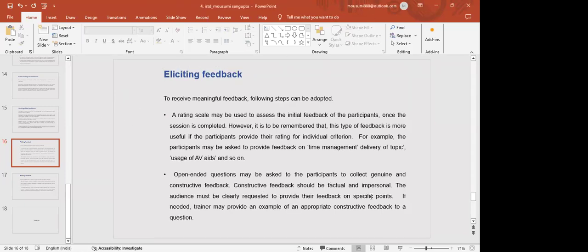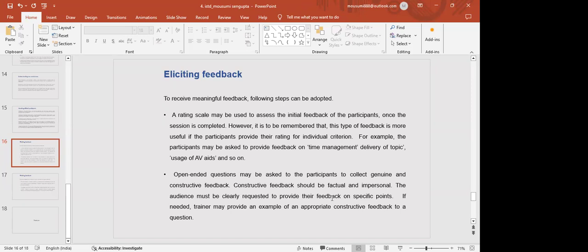This is the way you can actually use a rating scale. You can use it to see the initial feedback of the participants at the beginning and at the end of the session. You can ask open-ended questions during the session, and based on their pointers, you can try to clarify their doubts. But please remember that we need to be